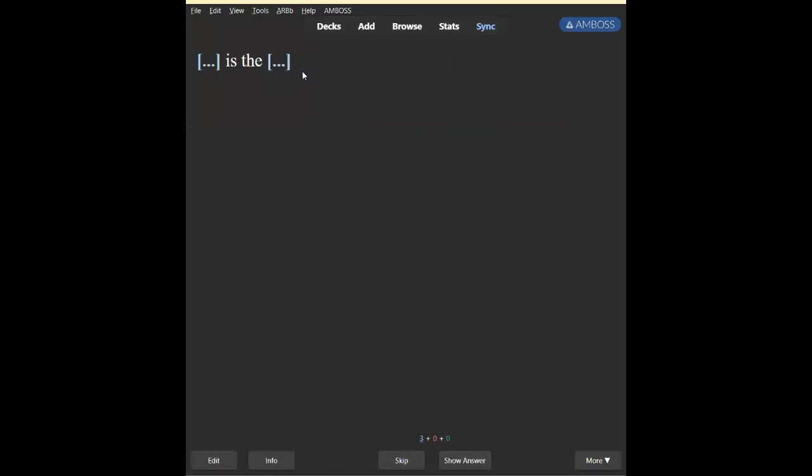And I'll show there. Now this is the problem. You have to be careful with using that, making things disappear at both times, answering too many things at a time. There's not enough context for you to answer. Blank is the blank. So you already know it's P53 is the Guardian gene, but what if you have a lot of cards? You wouldn't know. So it's best to answer things one by one.